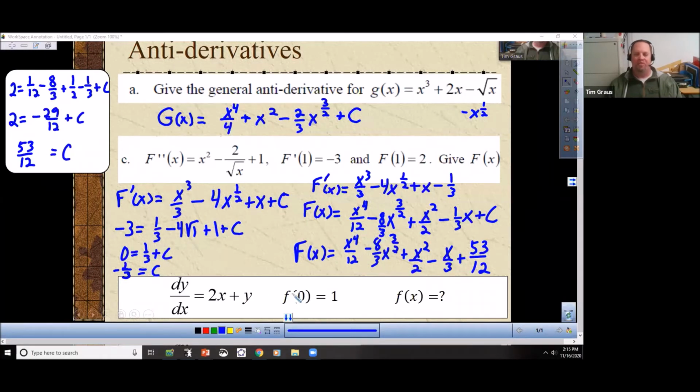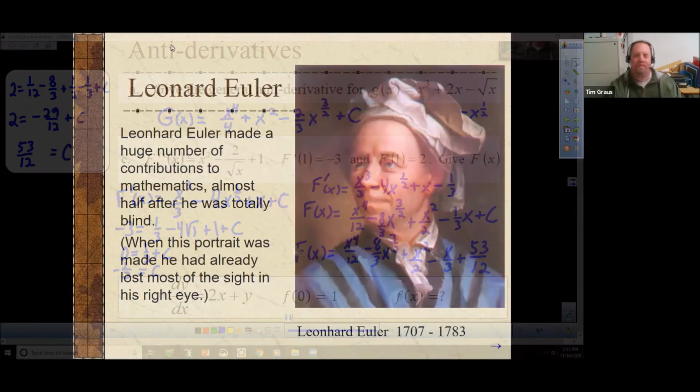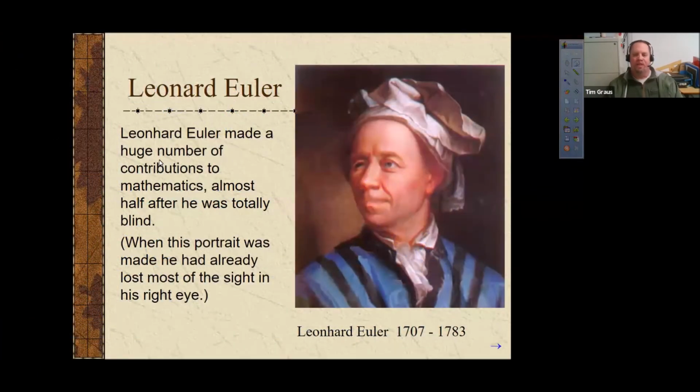Well, Euler's method is a method to help us solve these problems as they get more and more difficult to figure out the antiderivative of. So here's a picture of Leonhard Euler. You pronounce his name Oiler, not Yooler. Leonhard Euler was a very famous mathematician, lived in the 18th century, and he made a lot of very important